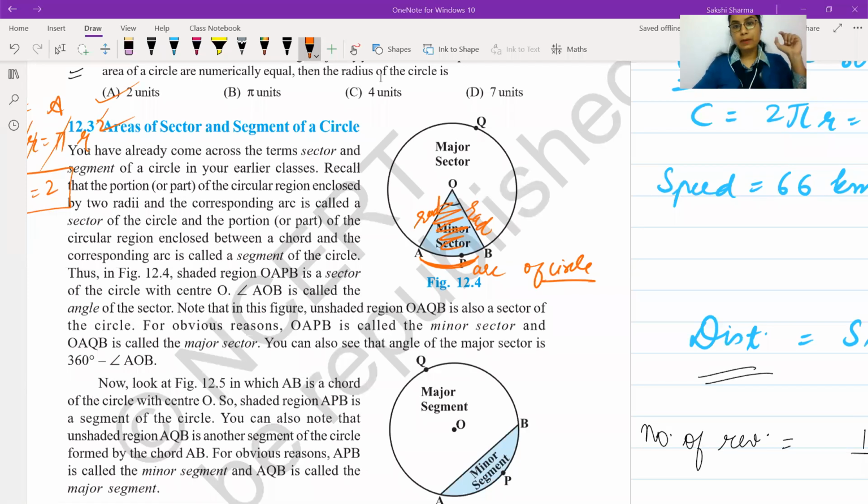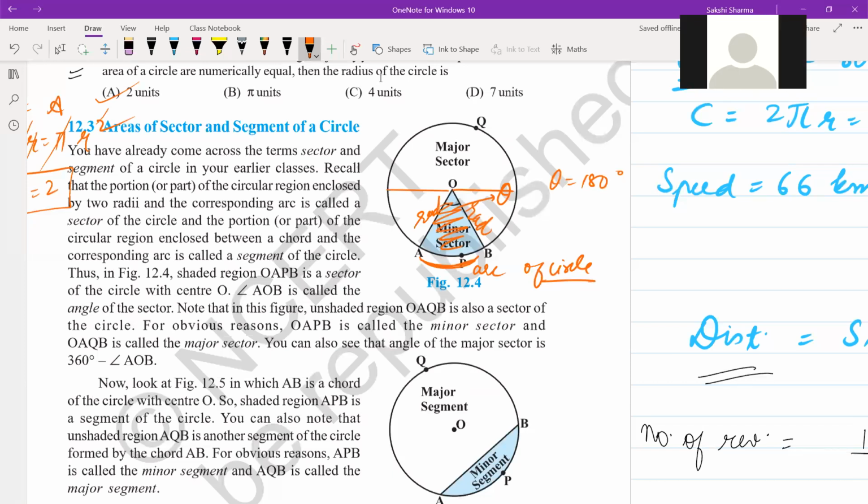So the area bound by 2 radii and arc of a circle will be called the area of a sector of the circle, depending whether the angle formed at the center, which is represented by theta. We are going to use theta here. So if the angle is less than 180 degrees, we will call that sector a minor sector, and if the theta is more than 180, it will be called a major sector. If theta becomes equal to 180 degrees, that means the radii will form the diameter. In that case, the sectors are semicircles formed. Does that make sense? Do you follow what I'm saying here? If you have questions, please ask.